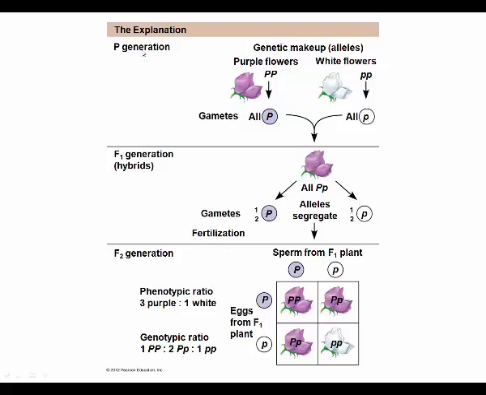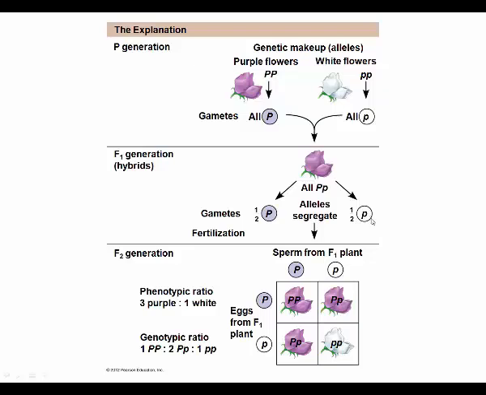This is explained by the genotype, or the genetic makeup of these plants. Here we have 2 homozygous plants. The only allele that this purple flowered plant can give is the dominant allele. The only allele provided by the white flowered plant is the recessive allele, and each parent can only give one version, or one allele. So the F1 are heterozygous, and the F1 can give either big P or little p